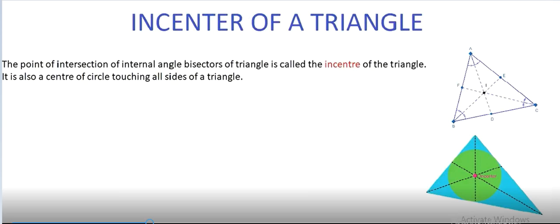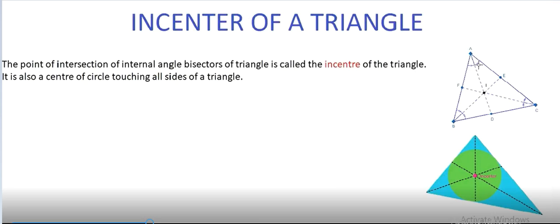Incenter of a triangle is the point of intersection of internal angle bisectors of the triangle. That is, internal angles means here consider this triangle ABC. Here this is an internal angle, this is an internal angle, and this is also an internal angle. And angle bisector of a triangle means